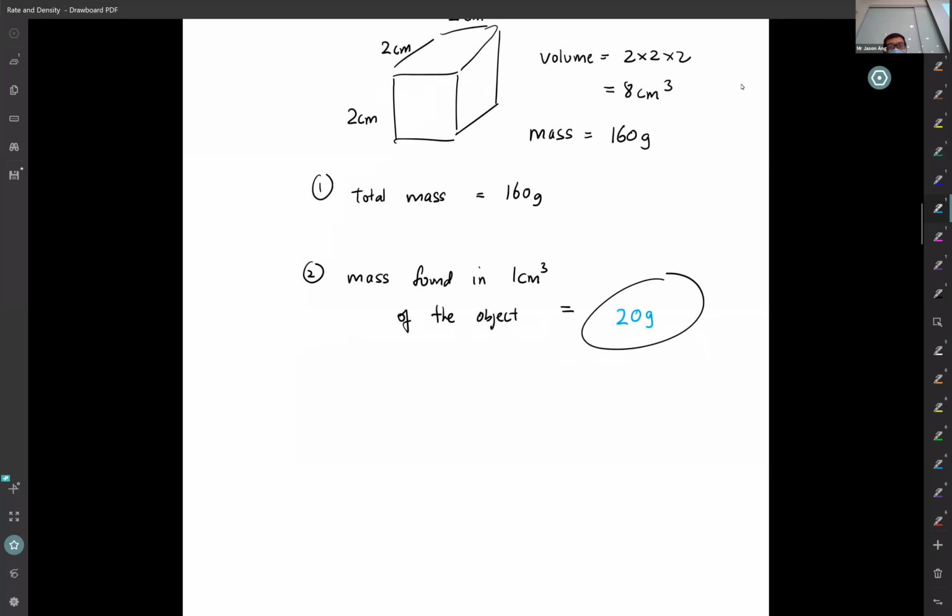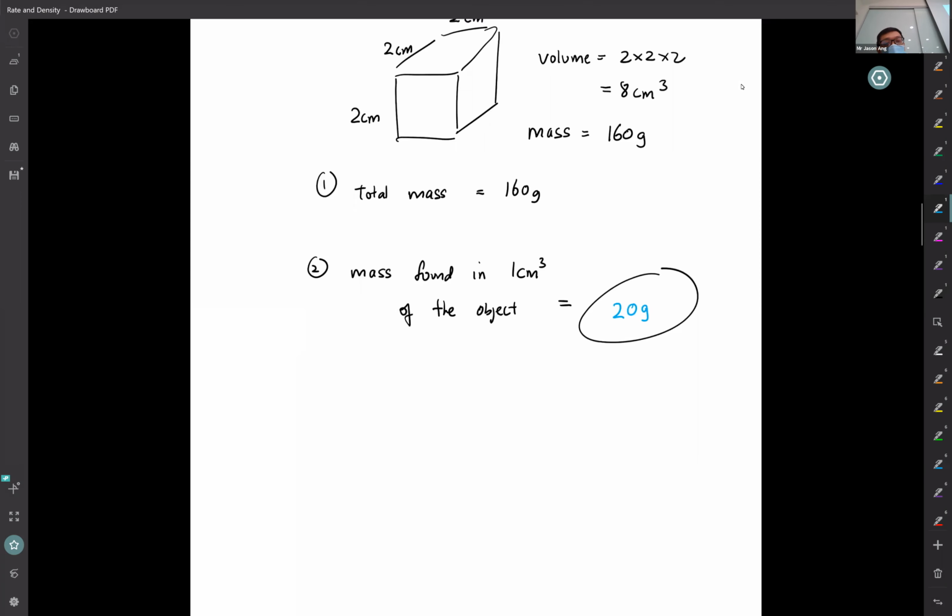How can we do this? This is what you can write. You can write 8 cm cube, an arrow sign, to tell yourself 8 cm cube is actually 160 grams. So if now I'm interested to know 1 cm cube, I'm sure you can find out what this value is now, right? And this actually works out to be 20 grams. Okay? Understand how you found 20?